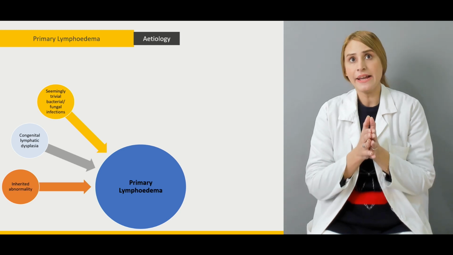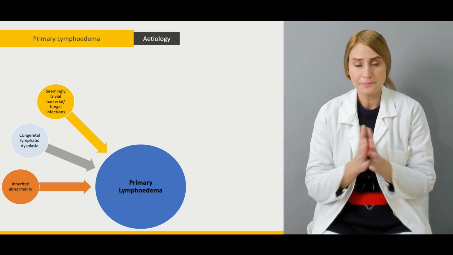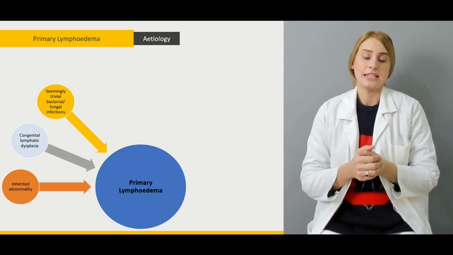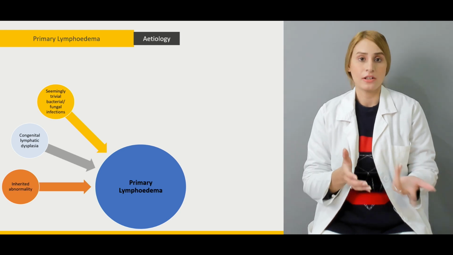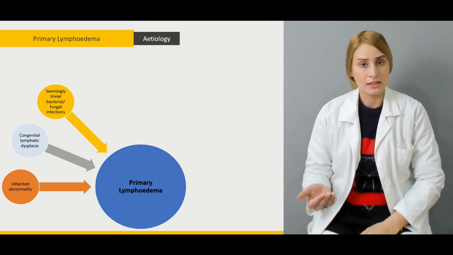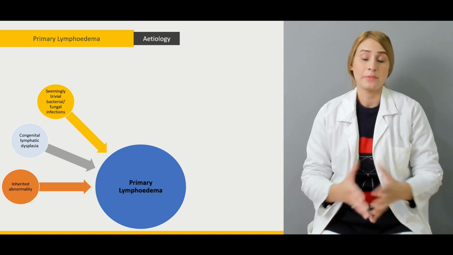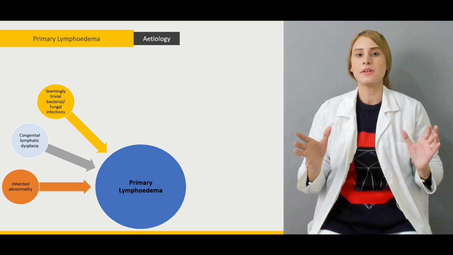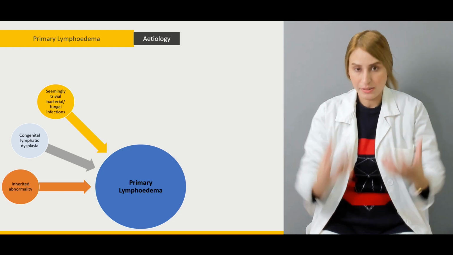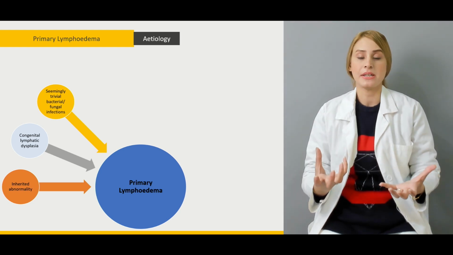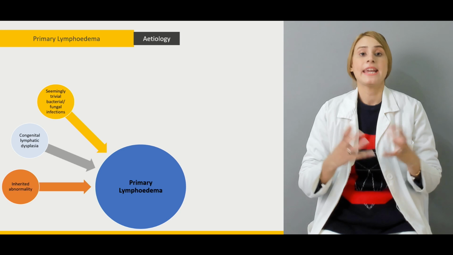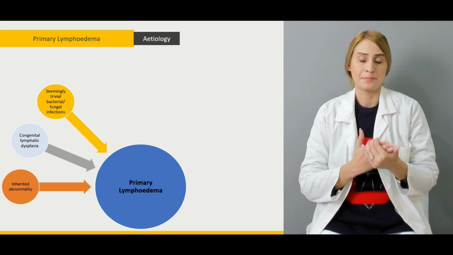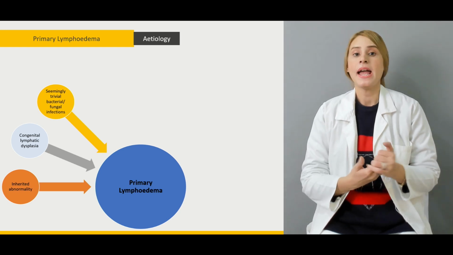So it is considered that those people who develop lymphedema after the bacterial infection or the fungal infection, or especially the lymphadenitis and the lymphangitis, they actually have some kind of abnormality. It can be inherited, it can be familial, it can be sporadic. So they have some kind of inherited problem with their lymphatic system, and after